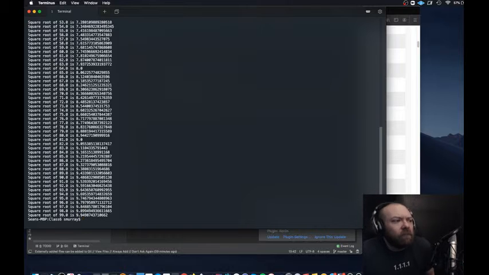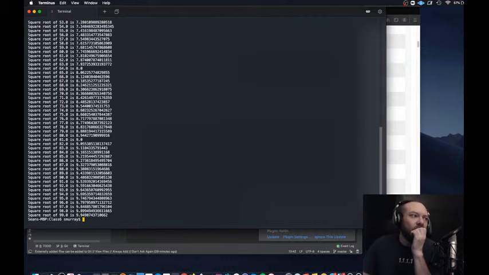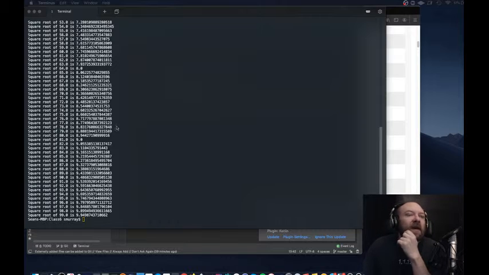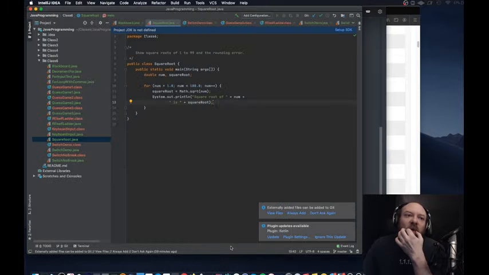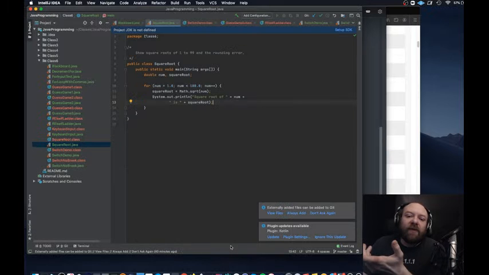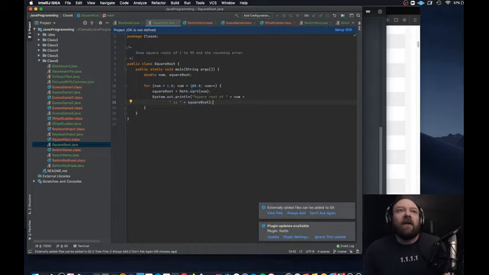So now we want to figure out what the rounding error is. Okay? So I'm looking at my example here. So to get the reverse of the square root, it should take the number and you multiply it by itself, right? So